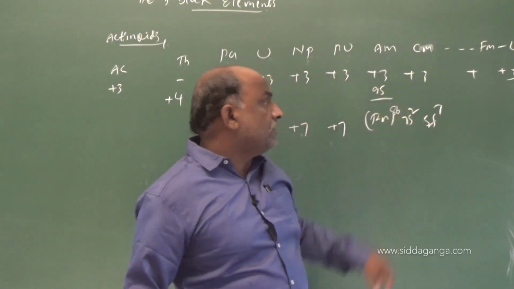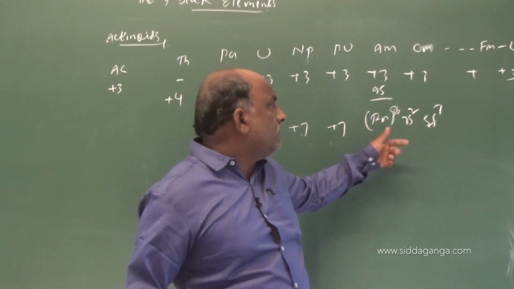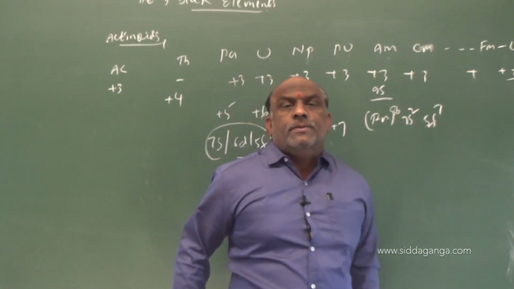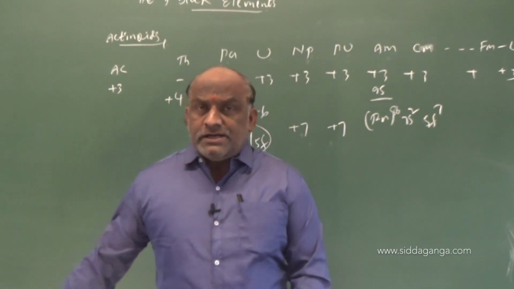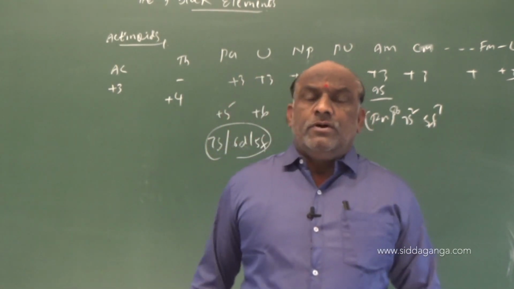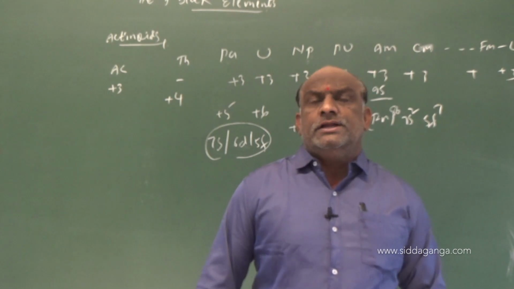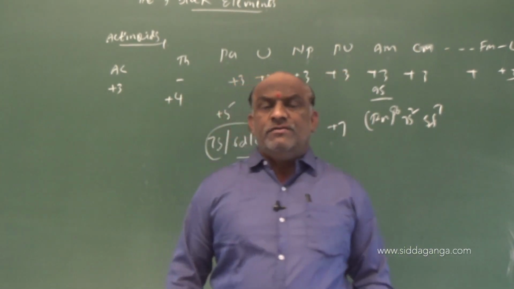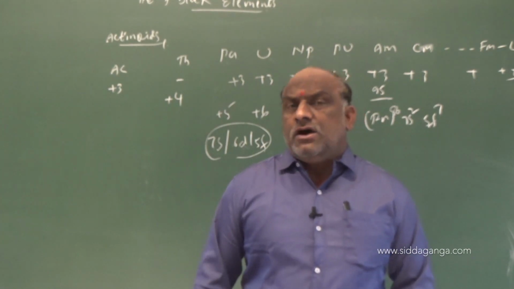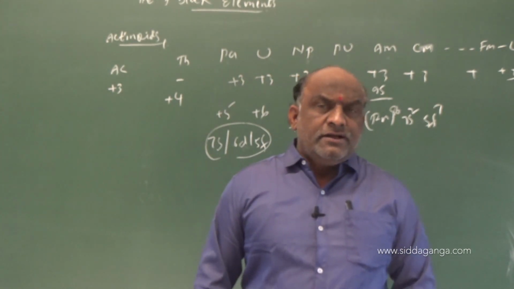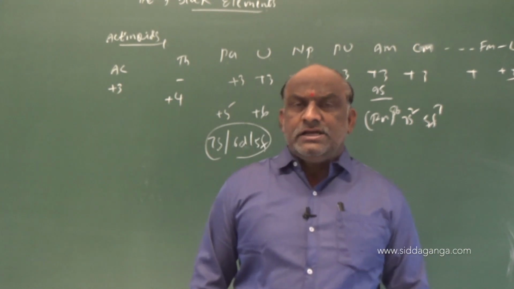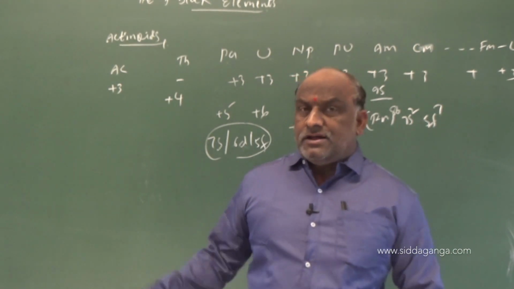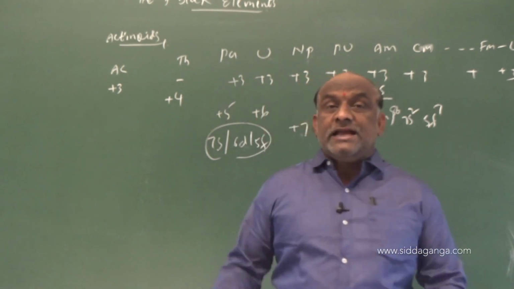It is a stable electronic configuration. Why is it stable? Because it is half-filled. So, these actinides exhibit variable oxidation states because the energy gap between 7s, 6d and 5f is not considerable. And all these actinides are silvery white. When exposed to alkali, they tarnish and become black. All are silvery white elements, and the reactivity of actinides